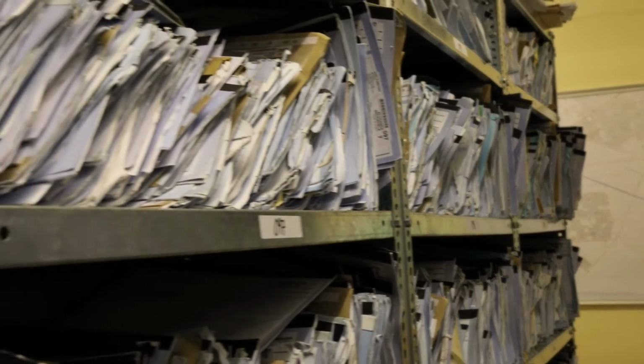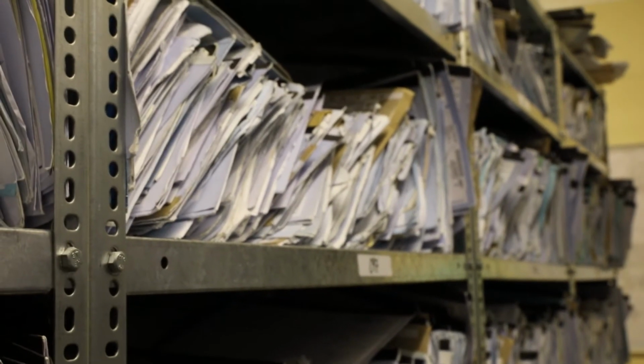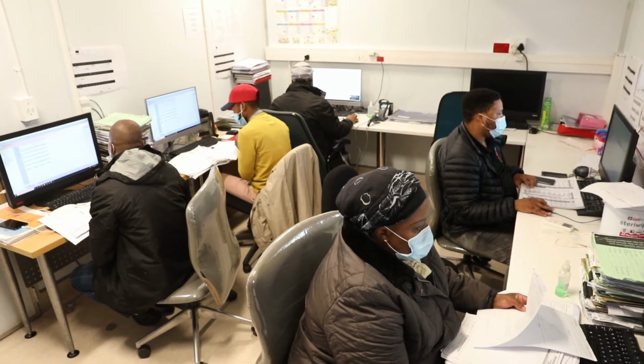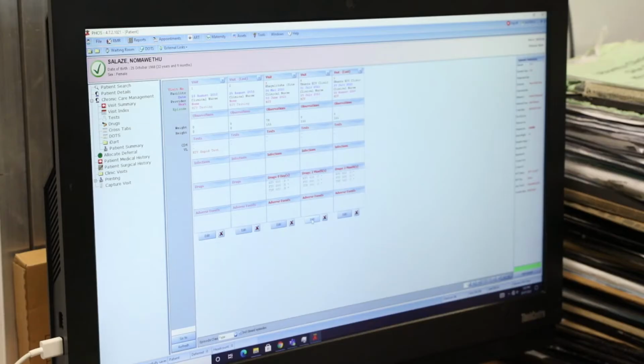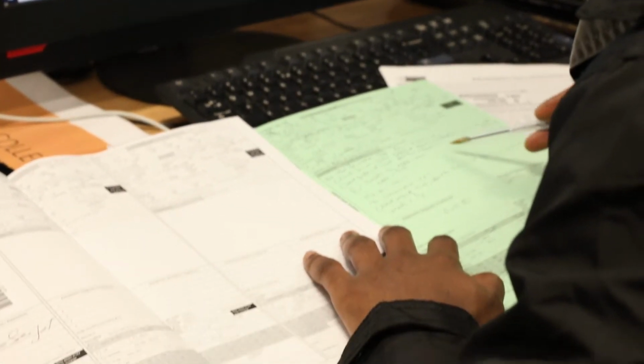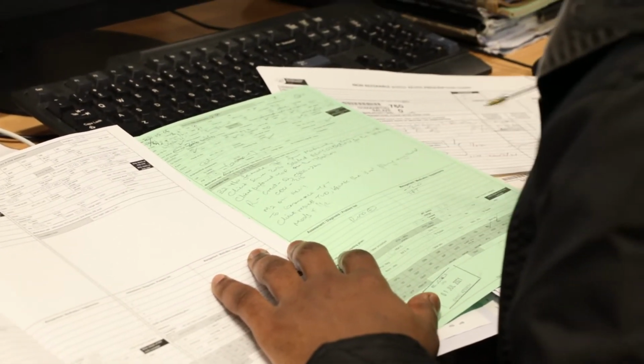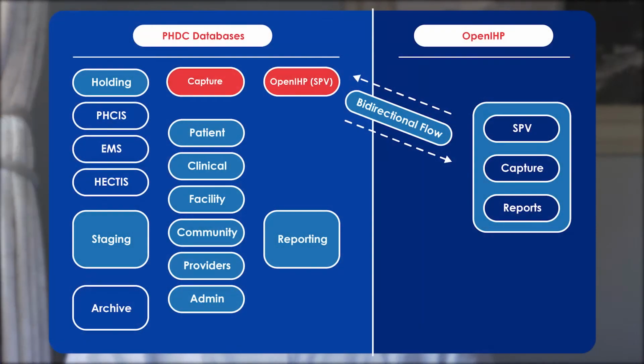Rather than replace existing outdated offline registers, a dynamic data-driven forms engine was added to SPV. This enabled capture of new data to complement and be integrated with existing data in the Provincial Health Data Centre, enabling users to view and capture on the same platform, reducing the need to import data from a separate, standalone system. As the project evolved, we realized that it was possible to bolt onto that web-based viewer quite a lot of the functionality that was required for actually managing patients